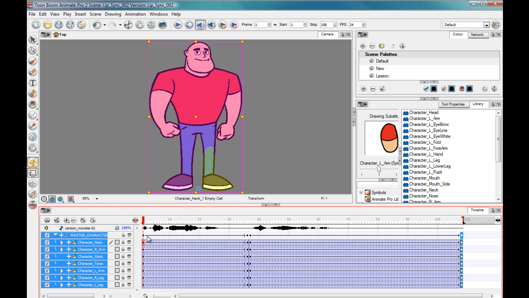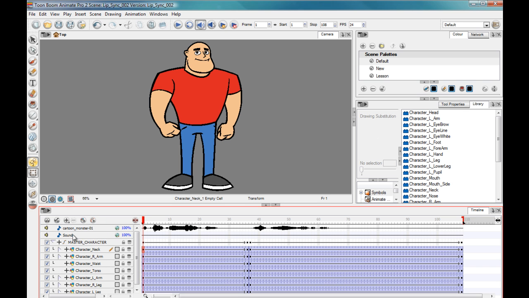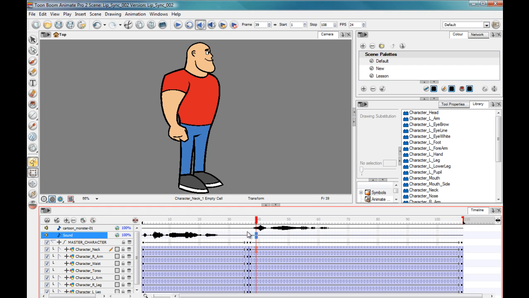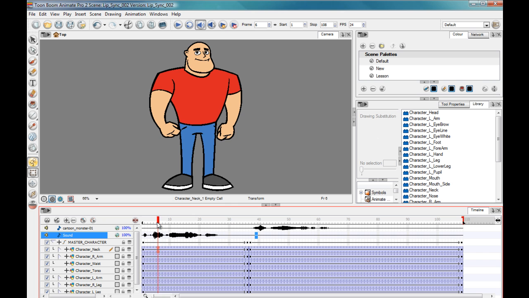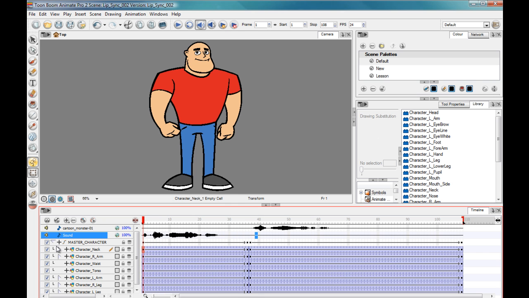So what we're going to do, come down to here, click the plus button, and we're going to add a new sound layer. So we've got a nice empty sound layer there, and we're going to go to the original sound layer, click the first frame up to the last frame of the front position. So we shift click, drag onto the same position on the next layer. So now we have two separate dialogue layers. So we've got the first part of the sentence, then as he turns we've got the second,